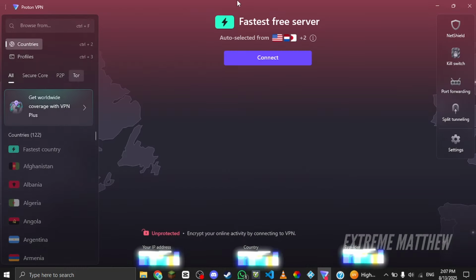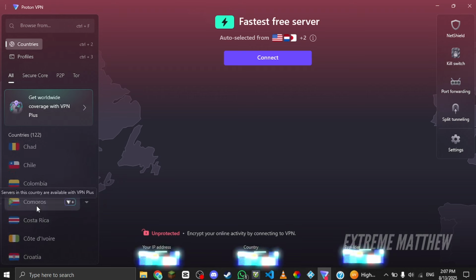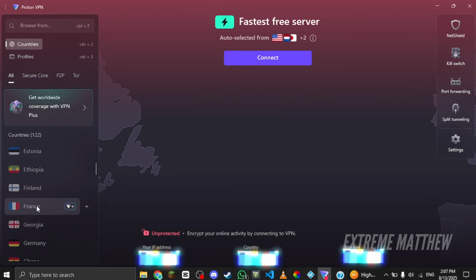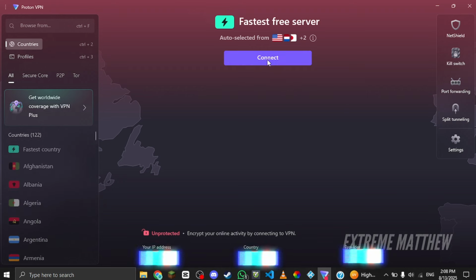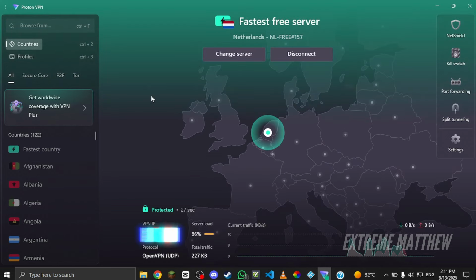So as you can see, it opened up this window where it shows me my country, as well as the countries I can choose from. Now as you can see, most of these are grayed out because these are for the paid version. However, there are 5 countries you can choose from, which are also pretty good as well. We're going to click on the button Connect. Now we are connecting to the server in the Netherlands, since it is currently the fastest server out of the 5 countries. You don't get to choose, unfortunately, what country you want to go to, but rather it chooses whatever has the fastest server. And now it has connected me to the Netherlands fastest server, as you can see,